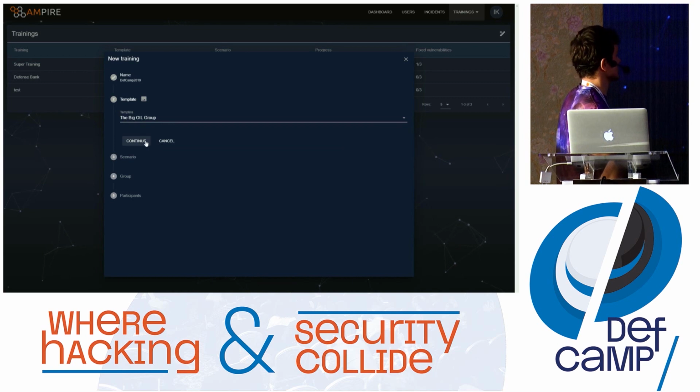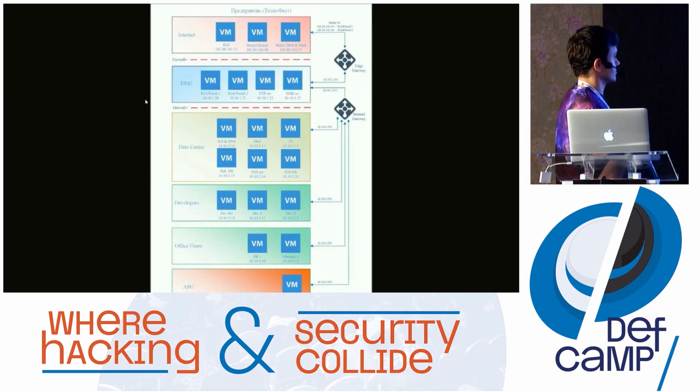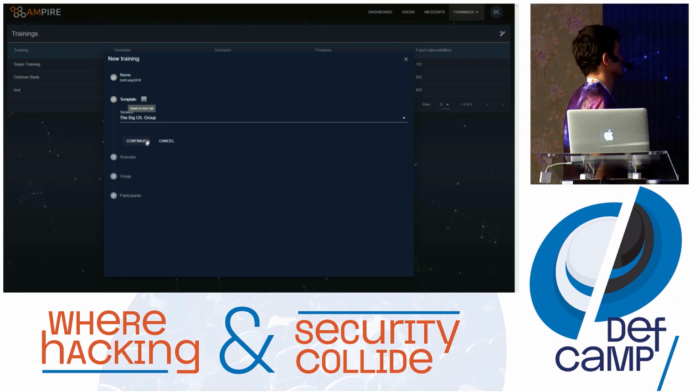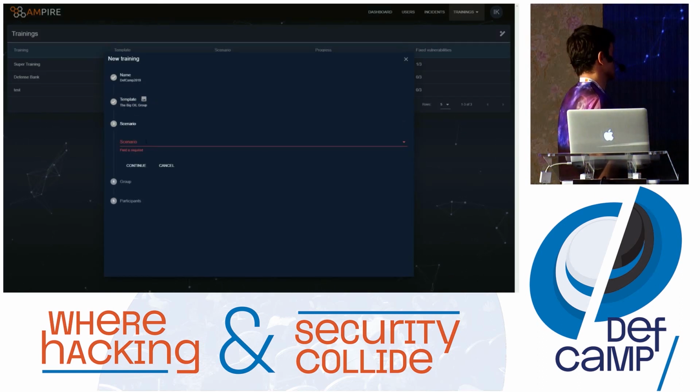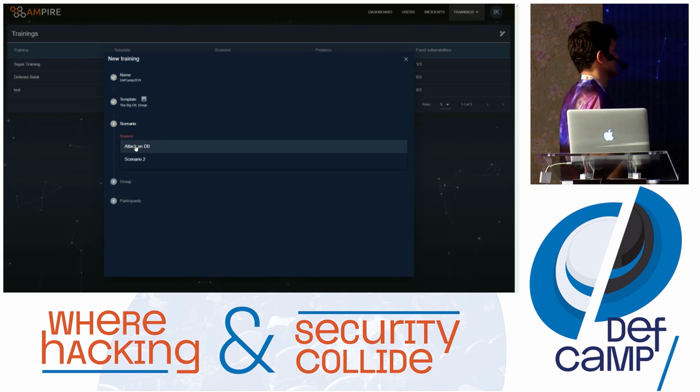Another template has the name of big oil company. It is much bigger than the previous ones, many subnets, and also with different scenarios connected to them. Let's select the attack on database